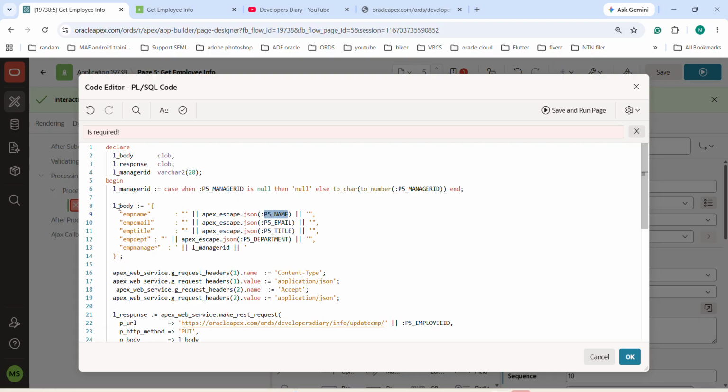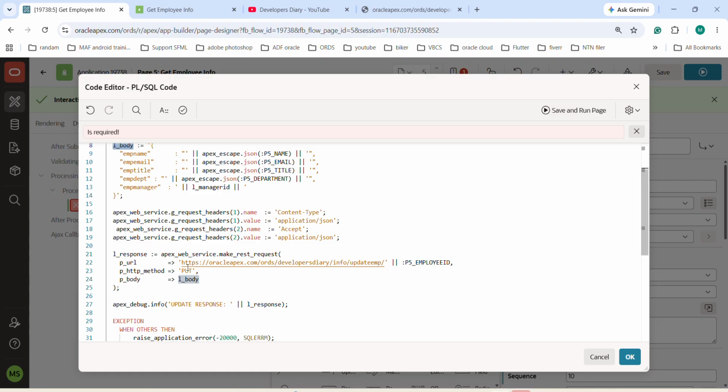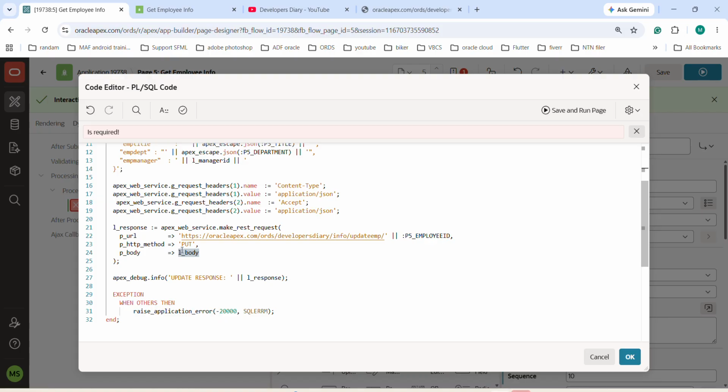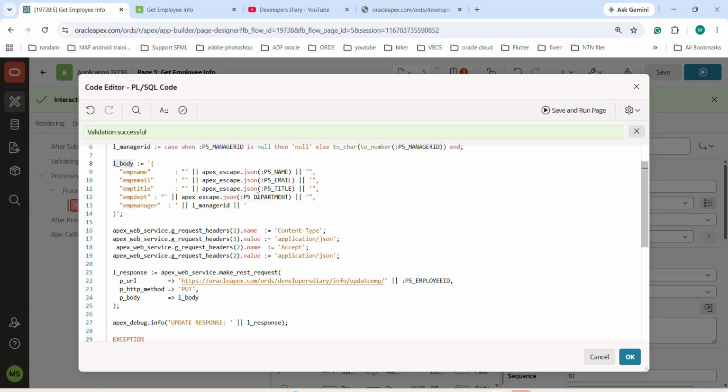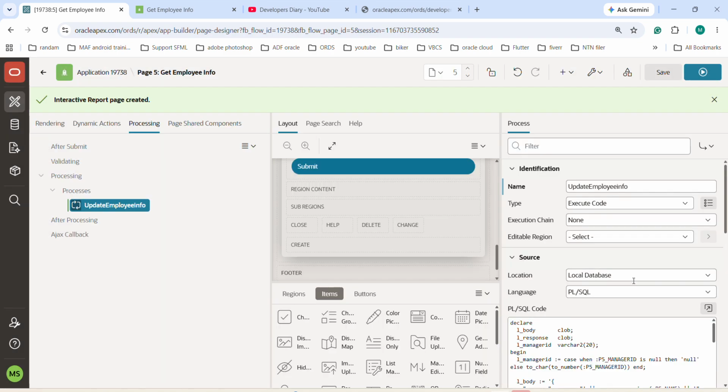And this is assigning the values into a body variable, which is the global. And then we are setting the headers. These are mandatory, content type, and accept, and we are sending the values. And then we are calling the update API and passing the employee ID and passing the body as well. Validate the query, verify we are passing the exact page items. Click OK, click Save,